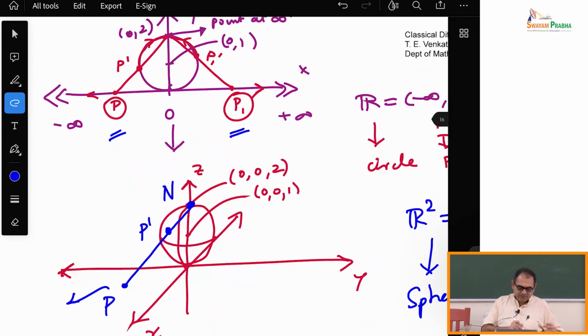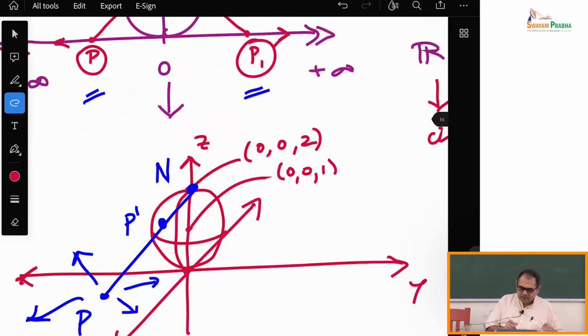The advantage of this is that P can go to infinity in an infinitude of directions. But as P goes to infinity in any direction, this P prime will approach the north pole. And the beautiful thing is that there is this idea of a neighborhood of infinity, which is very important for topology and complex analysis. The neighborhood of infinity is actually a neighborhood of the north pole, because if you look at it by this projection, you will see that on the north pole, a neighborhood will be,